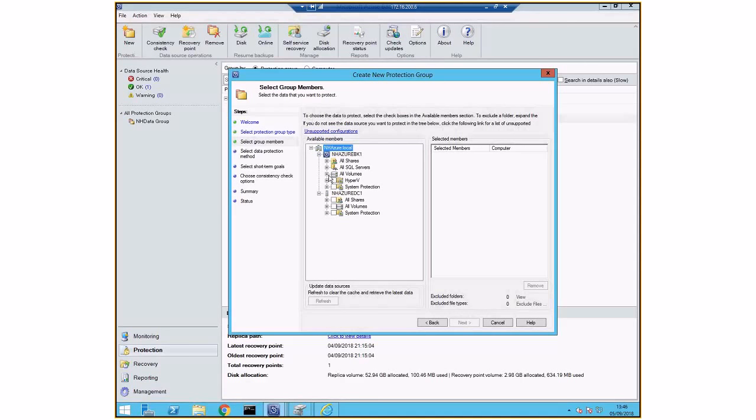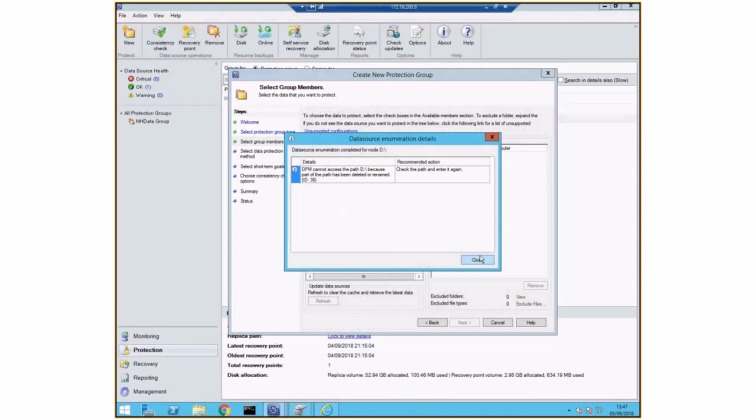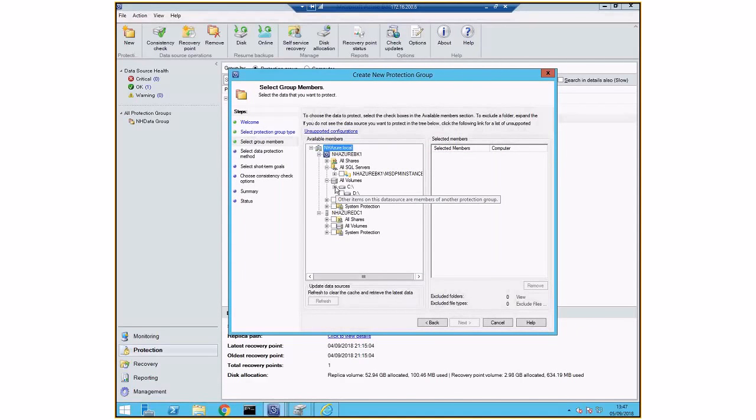And now I could just navigate. If there is any database on that server, I can select it and make a database backup. If I'm looking for just files and folders, then I could select the files and folders.